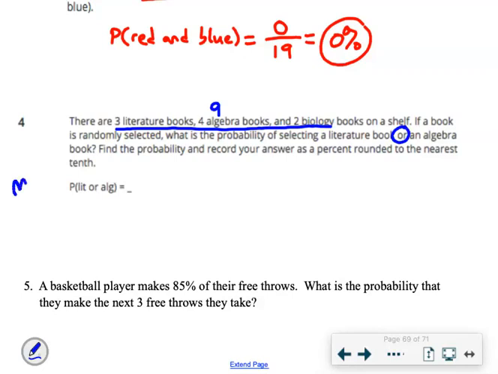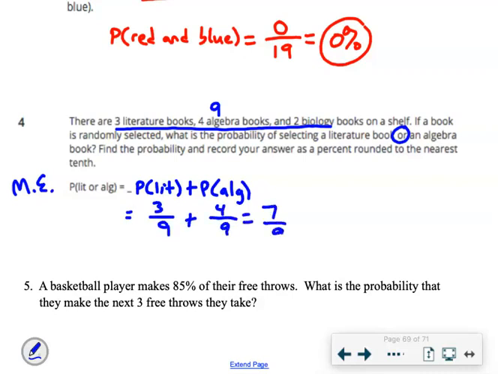This is also called mutually exclusive. There's nothing to subtract this time because you can get a literature book or you can get an algebra book, but you can't get a book that's both. So you don't need to subtract anything. This is the number of literature books out of 9 plus the number of algebra books out of 9, which